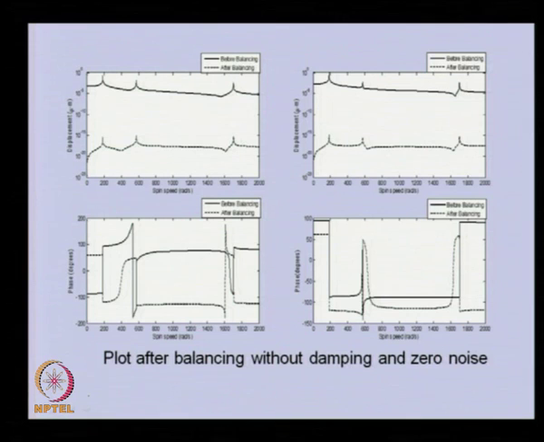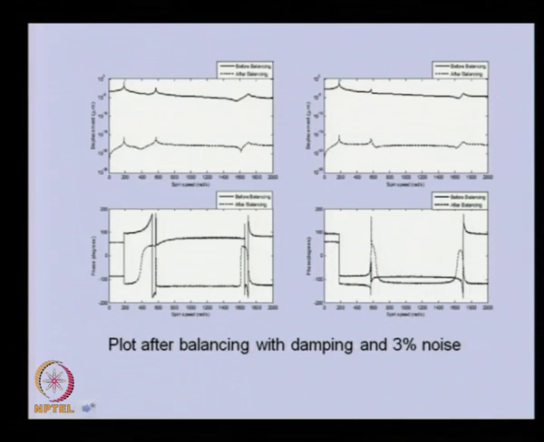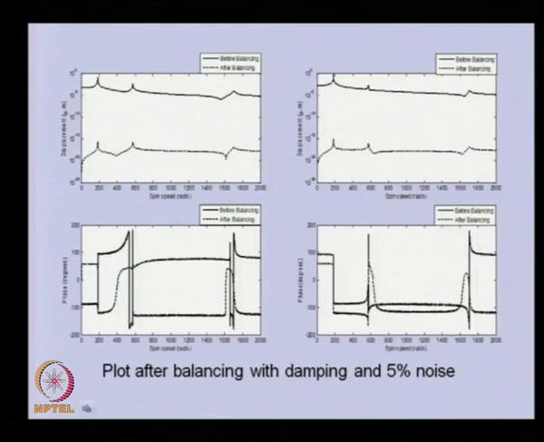Now, when we compare the response, this is without correction mass, without balancing, and this is after balancing. So, whatever estimated correction mass we calculated, we kept into the balancing plane, and then we found that the response is drastically reducing in both planes. Here also you can see the response is drastically reducing. In all cases, even with the noise, the response is reducing. We could even reduce the response at the third critical speed, because in this particular case the residual unbalance was discrete in nature, only at the disc.